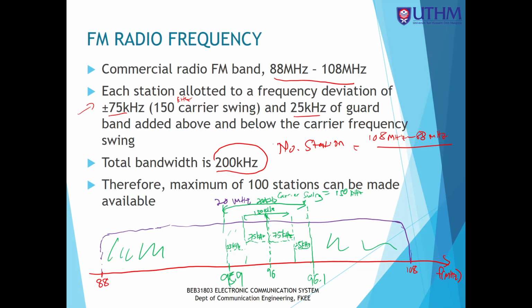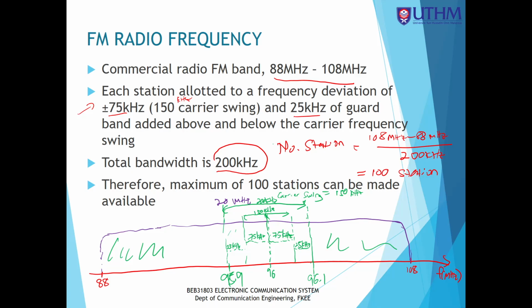This is the total FM band divided by the bandwidth of one channel or one radio station, which is 200K. So you're going to get 100 stations. So we can put 100 stations in this FM band at a specific area. For example, in Batu Pahat, within Parit Raja, Batu Pahat, we can allocate 100 radio stations at